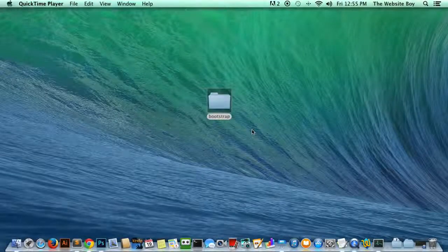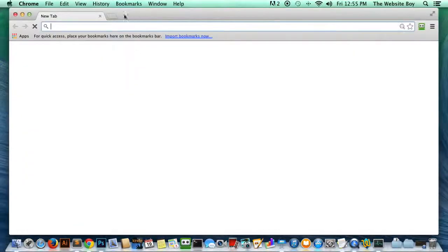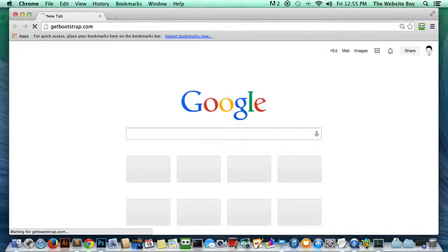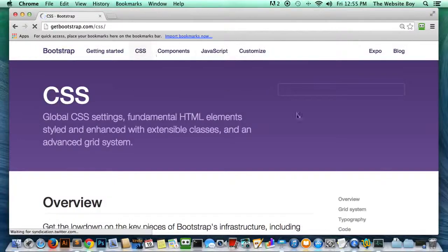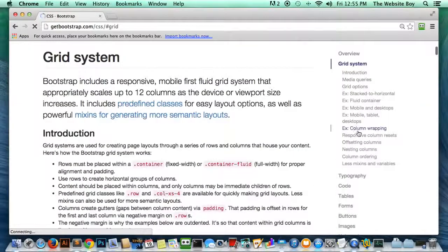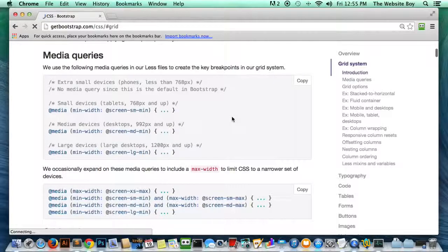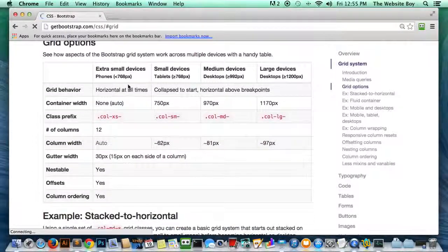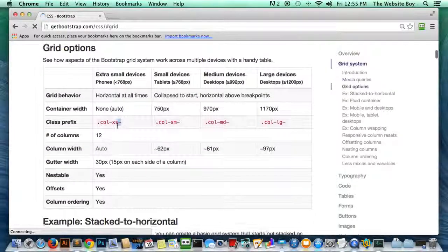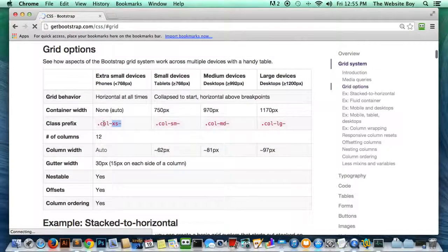All right, everybody, let's head over to getbootstrap.com, where you can learn everything there is about the grid system by reading. Let's click the CSS and then the grid system on the right. And here is a full explanation of how the grid system works. Now, it's not the same thing as watching a video like I'm going to show you, but it does give you some information. As you can see here, it has 4 sizes. The grid system has 4 sizes. First size is extra small, and this is represented by this class here,